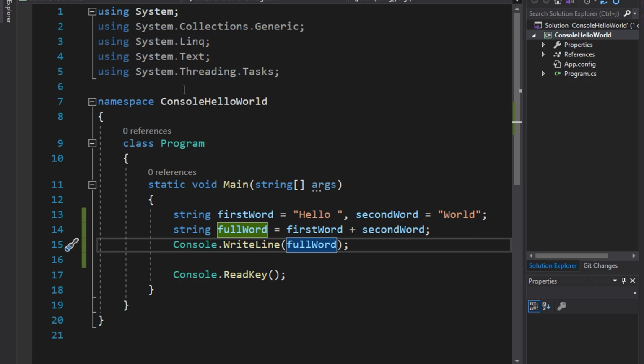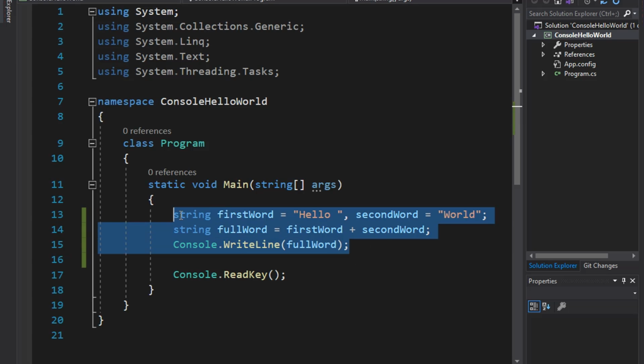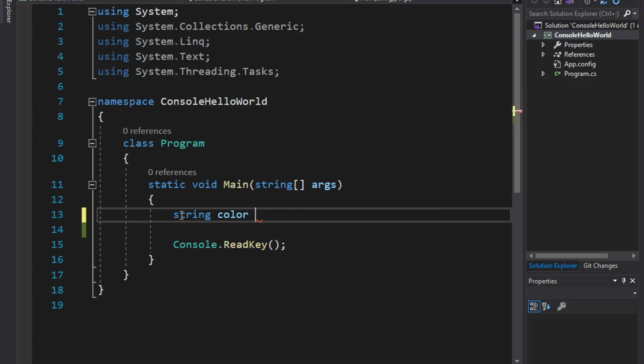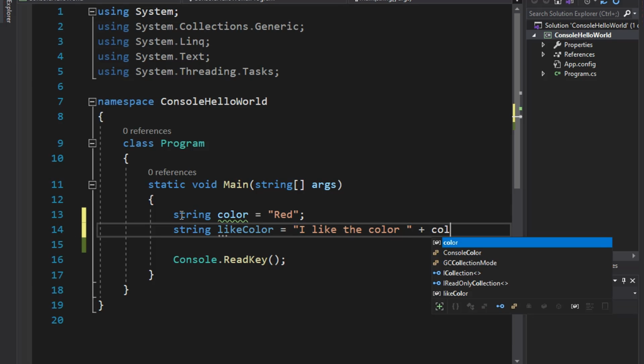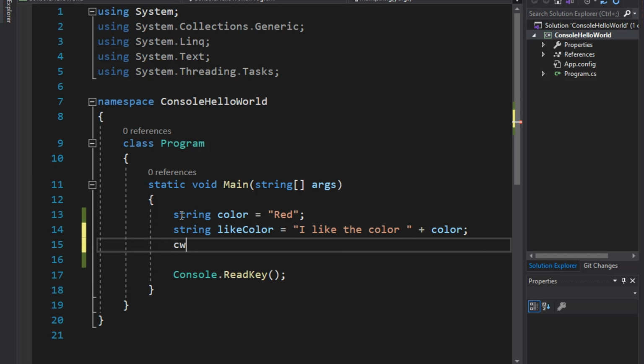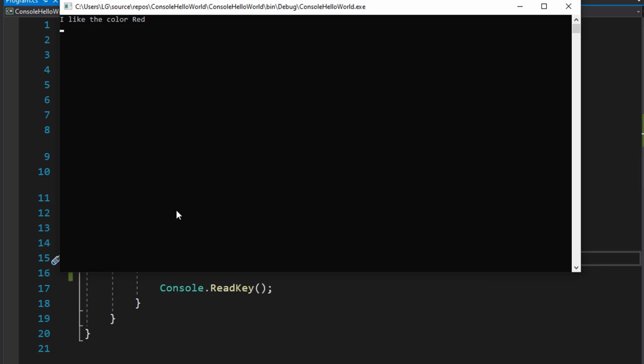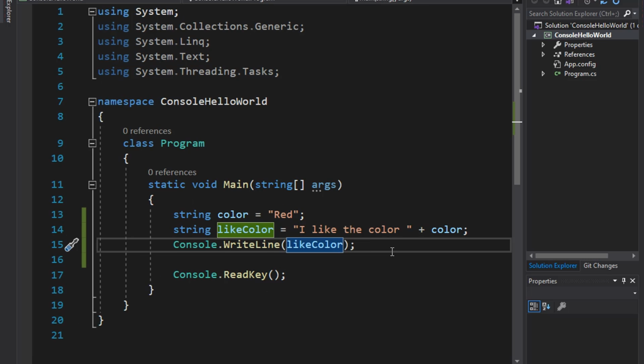We can also combine a text and a variable. For example, string color equals red and string likeColor equals I like the color plus color. That will give us I like the color red. We can use string's built-in methods such as toUpper and toLower. For example,